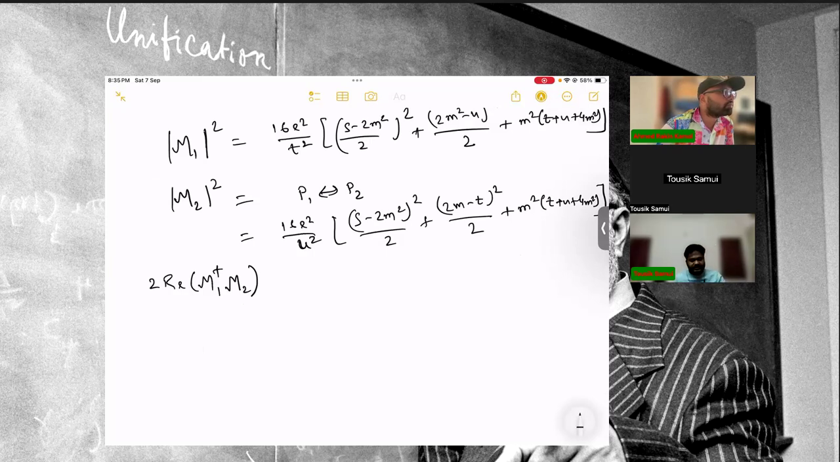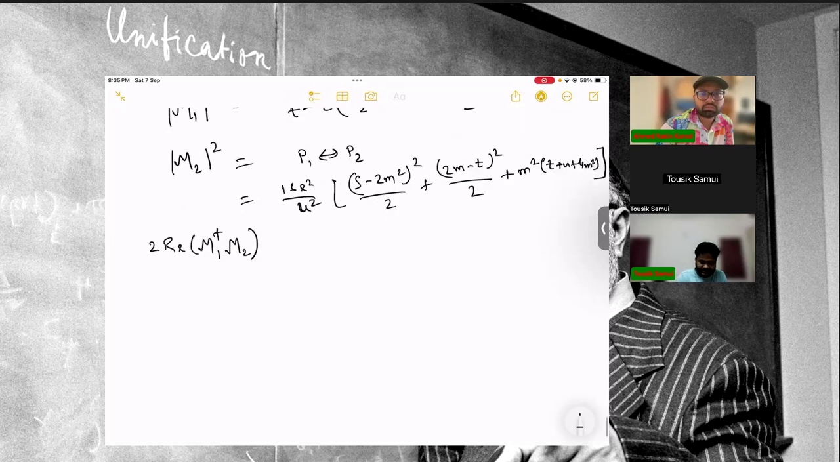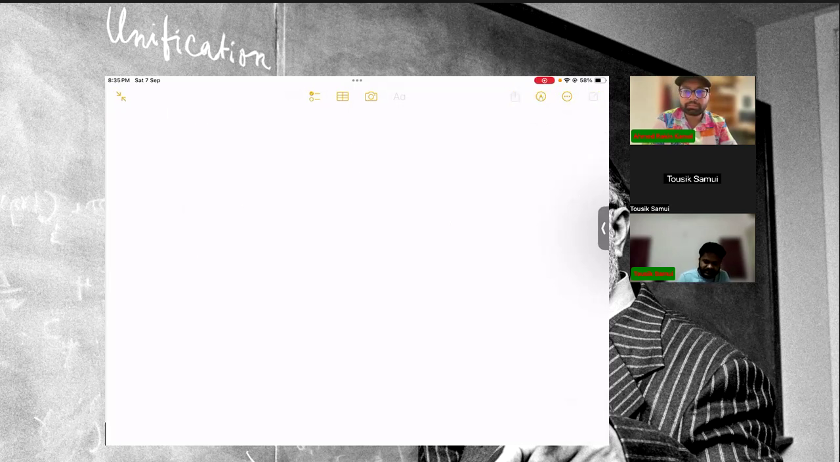Now, what is the utility of this matrix element? It actually represents the probability, right? The probability that we defined. We said initially that we are interested in the probability of